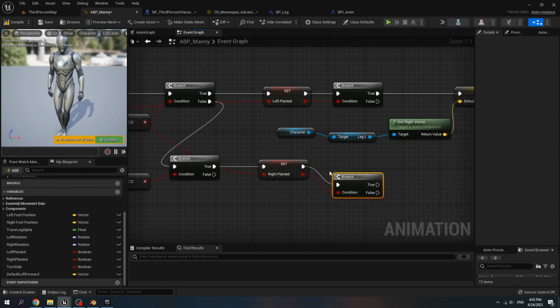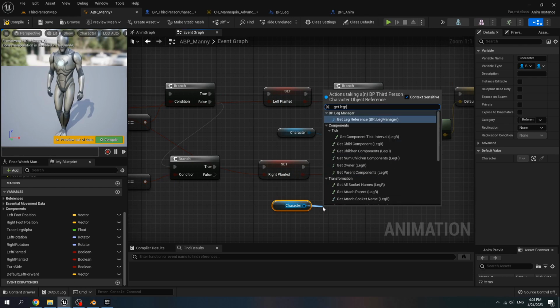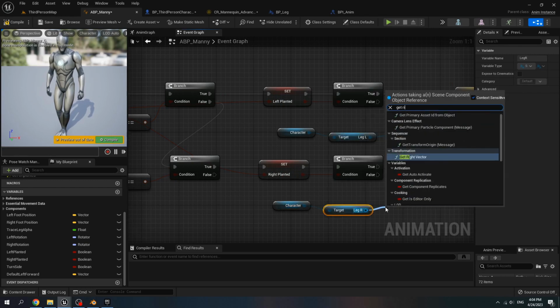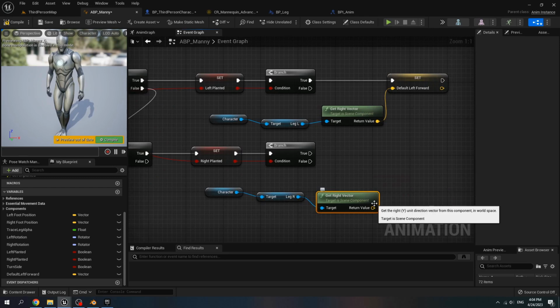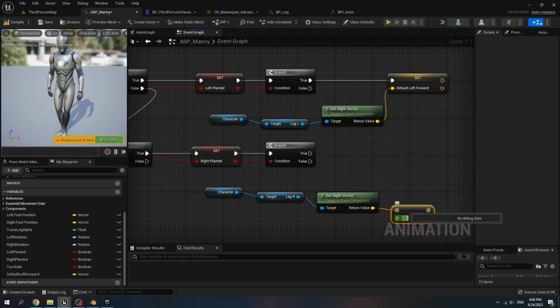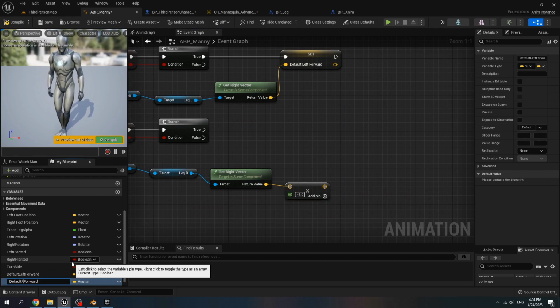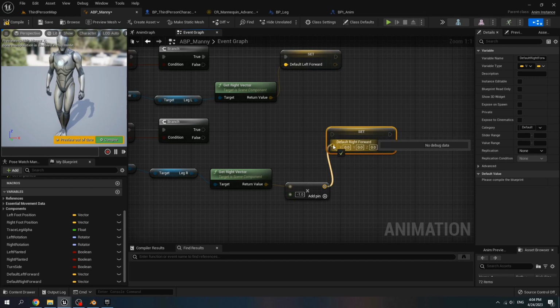Create a branch, get character, get leg R, get right vector, then multiply it with converting float integer -1. Duplicate default left forward, rename it to default right forward. Set default right forward when it's true.